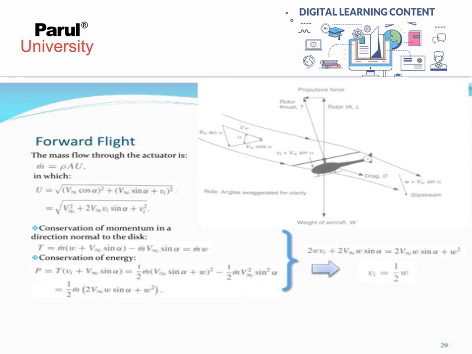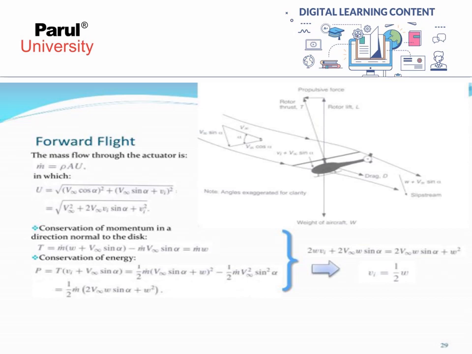Okay, now we can see in a figure also. The figure shows the velocity profile triangles: V infinity, with vertical component V infinity sin alpha and horizontal component V infinity cos alpha. Alpha is the angle between the chord line and the free stream velocity, and the total velocity near the rotor disc plane is Vi plus V infinity sin alpha, and far away in the wake it is V infinity sin alpha plus omega. Now the rotor lift L is acting perpendicular, the propulsive force is the other component, and the rotor thrust is acting at some angle, right?